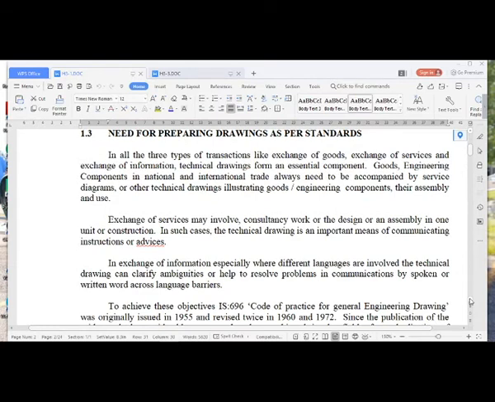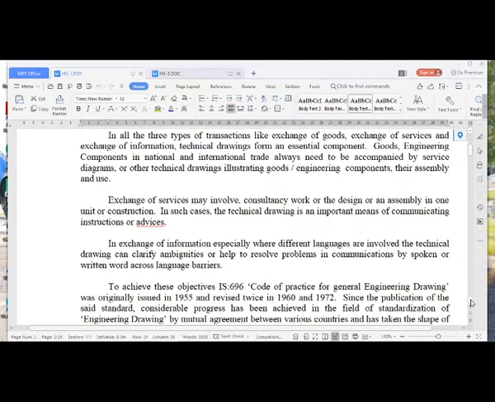Exchange of services may involve information, especially where different languages are involved. The technical drawing can clearly help to resolve problems in communication by spoken or written words across language barriers. To achieve these objectives, we have IS 696, Code of Practice for General